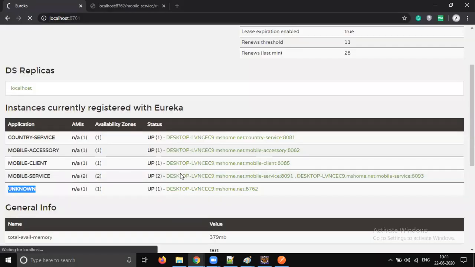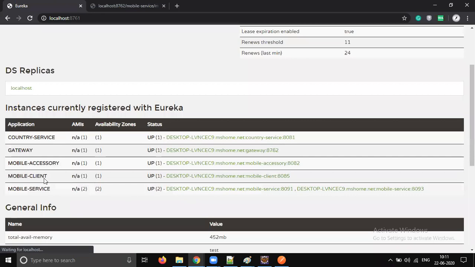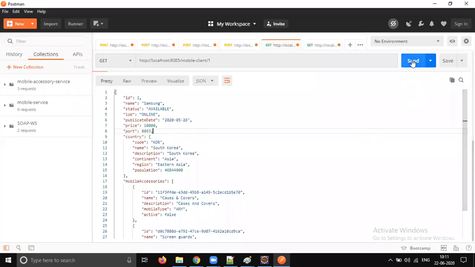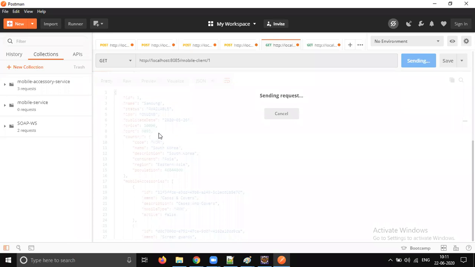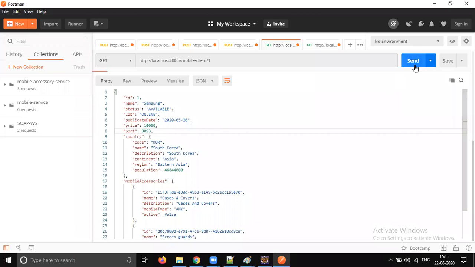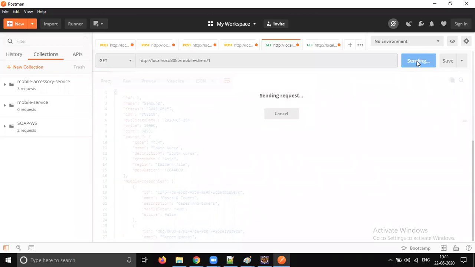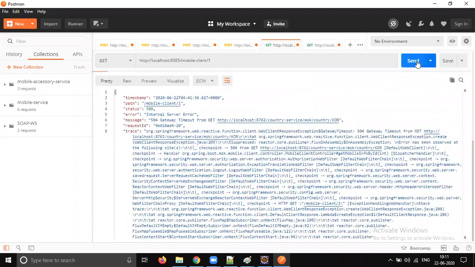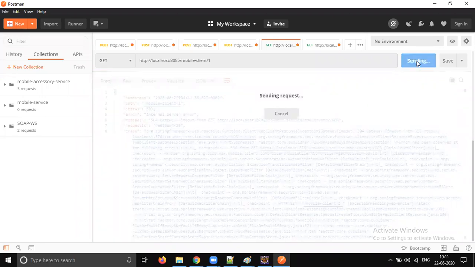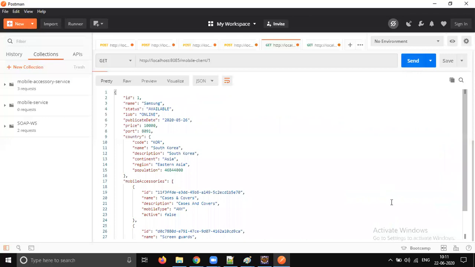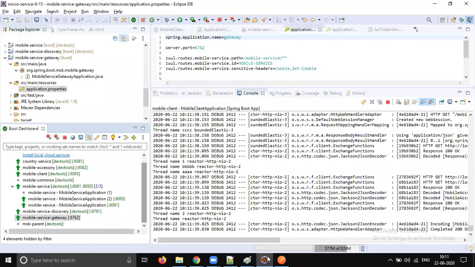Just refresh. Right, it's a gateway which is running on 8765. Let's send the request. You don't get a response from 8092. You don't even know what is in load and what is removed. You will get responses only from 8091 and 8093. So 8092 will not be in traffic anymore. No need to touch anything.